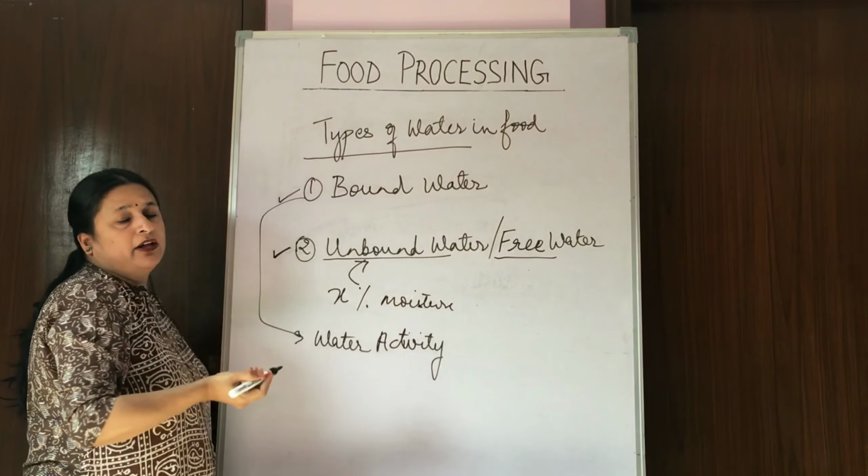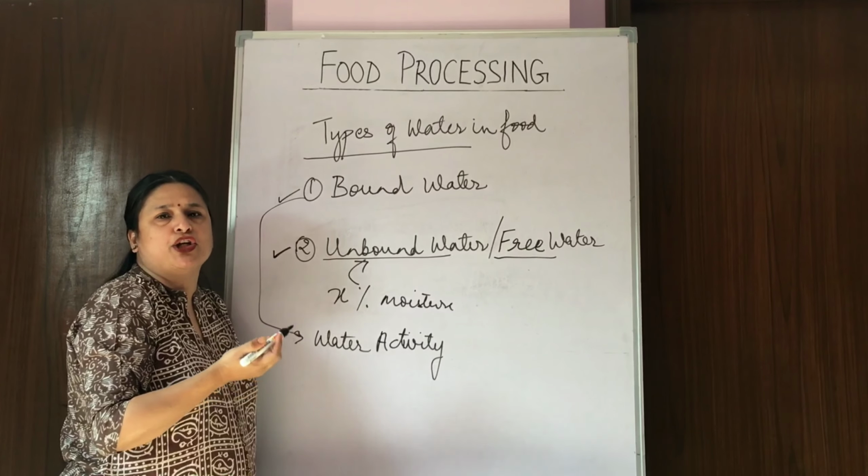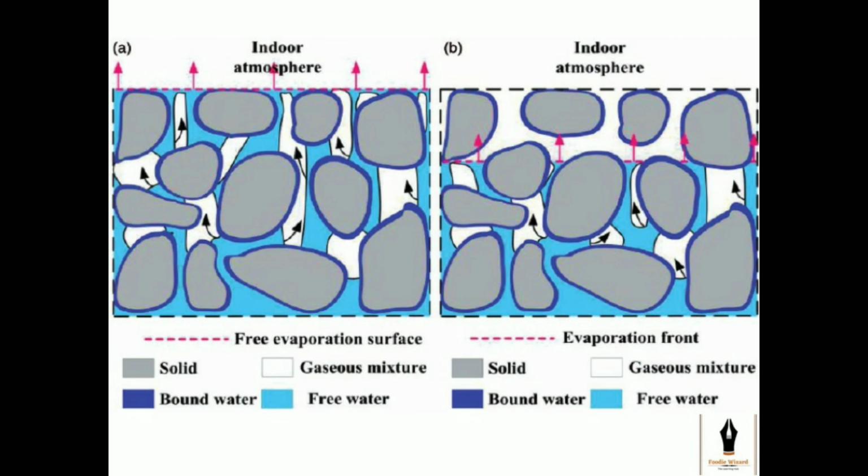So what is this water? This water is generally the loosely bound water that is present in tissues and which is easily removed due to heat. This is the picture showing the bound water and free water in the food matrix. As you can clearly see, the free water given in light blue color is available for drying, which lies loosely in the matrix between the molecules of the food material, between the tissues, in free spaces in the tissues.